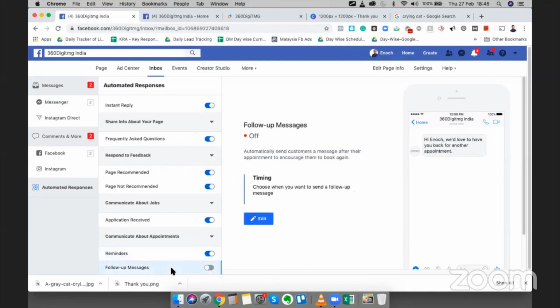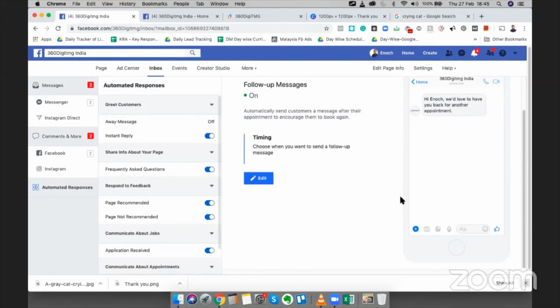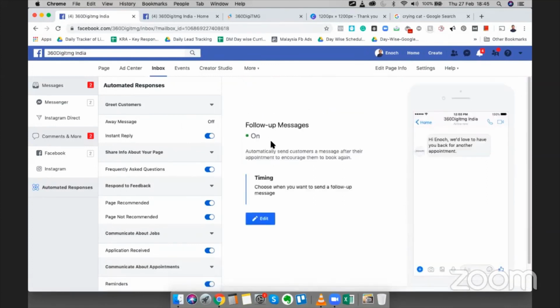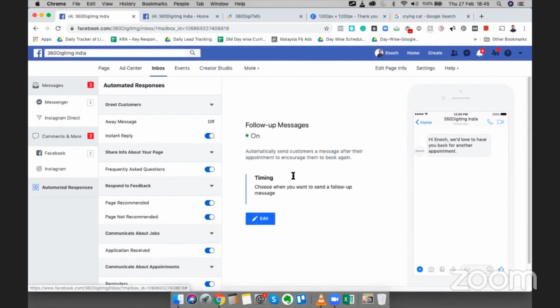And let's say if they miss the appointment, we are sending them, "Hey, please come back again, let's book another one." So with these automated messages, your life will become very easy. You don't have to be on 24/7. You can just have these automated messages going on and they'll take care of it.